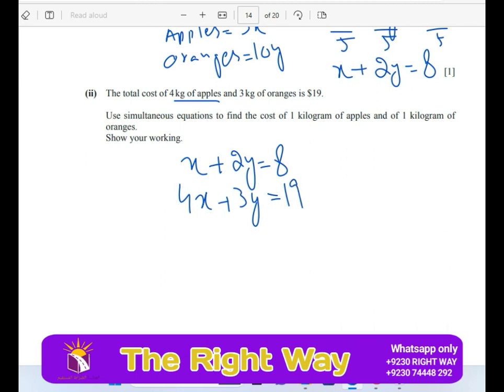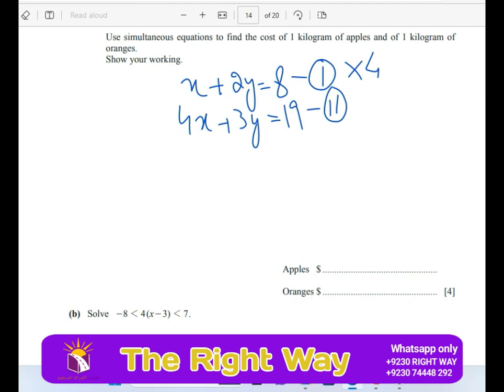Now I am going to solve these two equations, equation 1 and equation 2. Multiplying my first equation by 4, so that the coefficient of x becomes equal. It will be 4x plus 8y, 8 times 4 is equal to